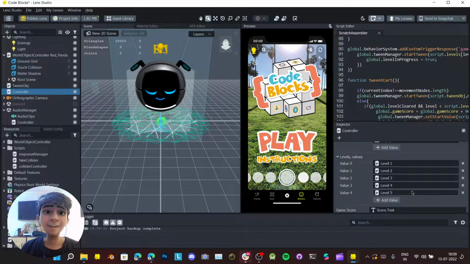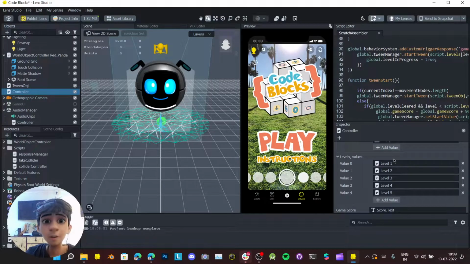So, hey guys, this is Crazy Krunal, and this is my Lensathon submission called Code Blocks. The inspiration behind this project came from my childhood days. I have always loved technology, but the point where I actually got into logical development and programming was this thing called Scratch programming. I was around 8 to 10 years old, and we had this